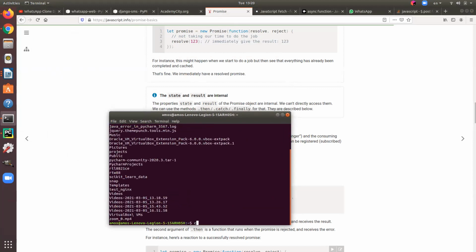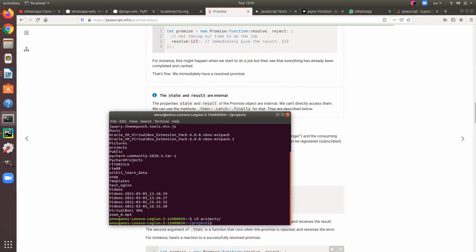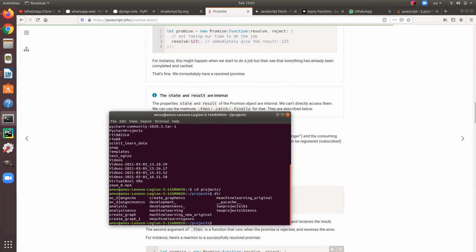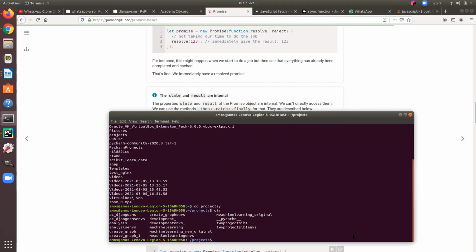If I change directory to project, it's like your projects on your C drive. Fair enough? I have several projects already there, as you do. Now I really want another project. So what I'm going to do is there's a command, and you can look it up. It's called Git